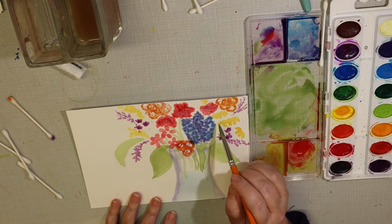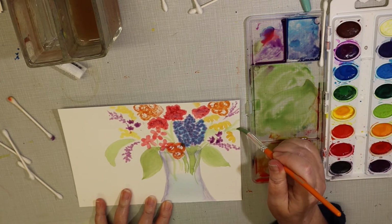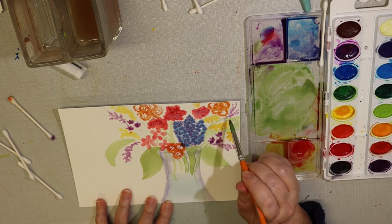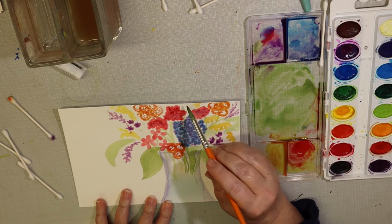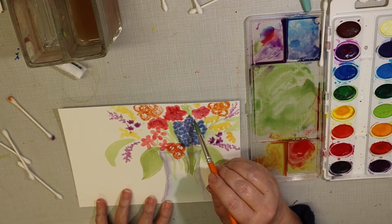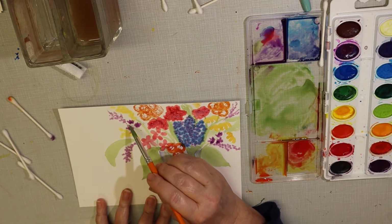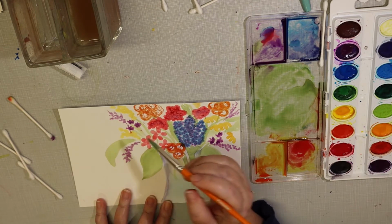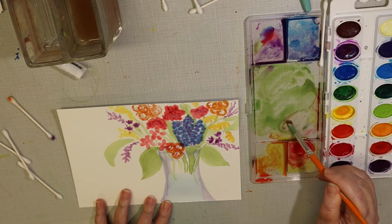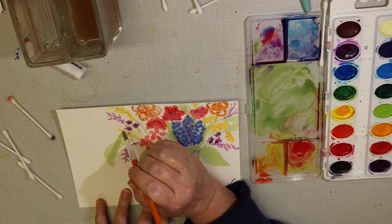We're just connecting our flowers with the... I just kind of messily connect them. These hyacinths have big long leaves, so I'm going to put them in there somehow to represent them. And I'm going to kind of make some brown out of this green. I'm going to add some of this red to kind of make some brown, to kind of put in between